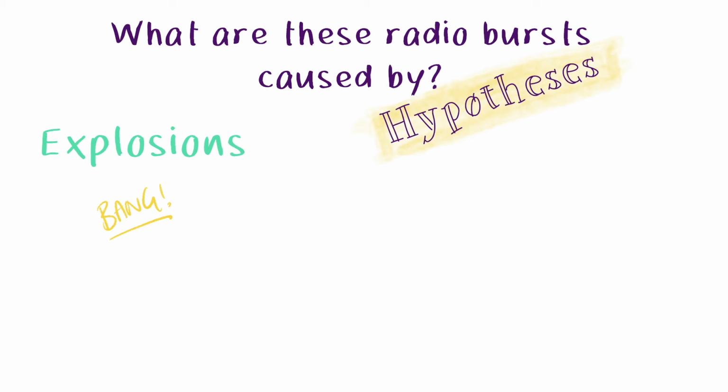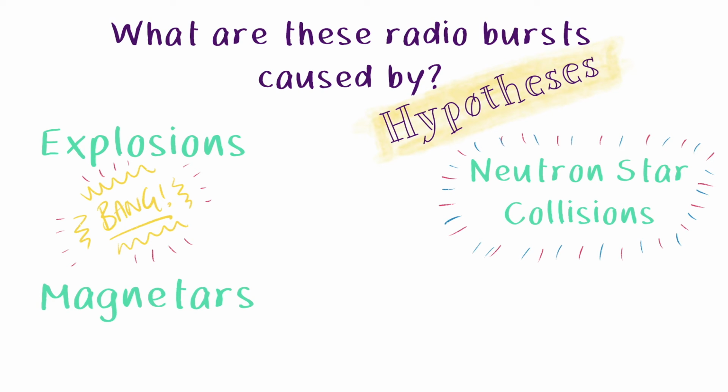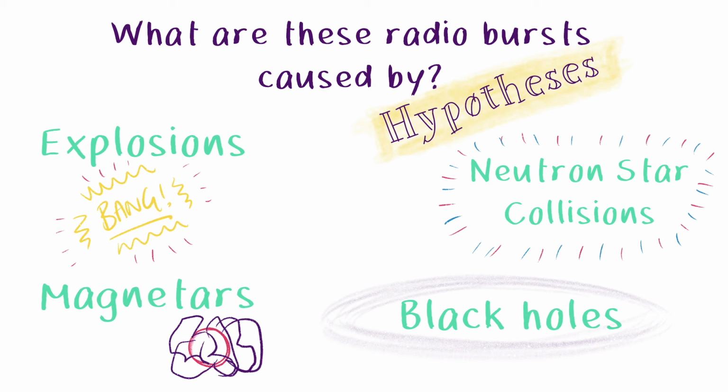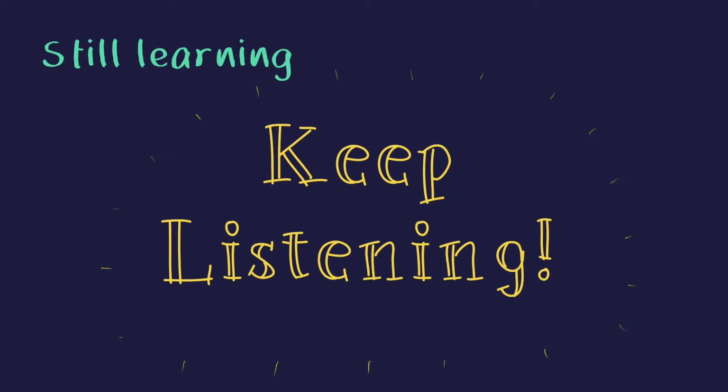There's a lot of theories, including that these fast radio bursts are explosions, or maybe neutron stars colliding into other things, magnetars, which are neutron stars with really strong magnetic fields, or even black holes. It's only quite recently that we found out about these fast radio bursts, only about 10 years. So we need to keep looking and listening to learn more and understand them. So gradually, we're learning more and more, and we're slowly filling in these knowledge gaps, which is always awesome. It is, and it means we can ask even better questions and learn more and more about our universe.